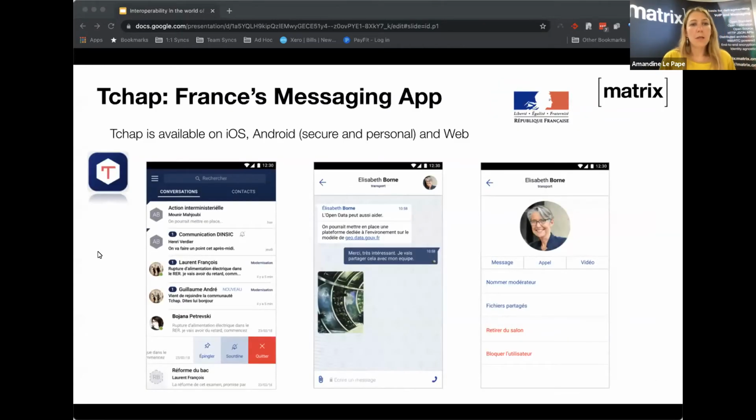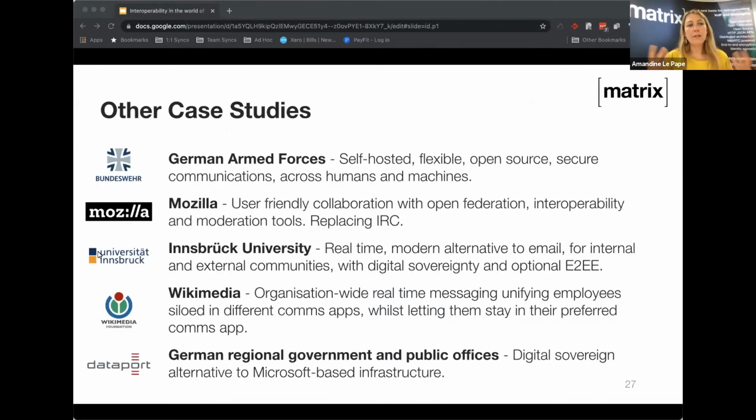So this is how the app looks like. It's called CHAP, and it's very customized, as you can see, and has different levels of security depending on where things are deployed. Other case studies, we've been seeing the German Armed Force, they were looking for something self-hosted,